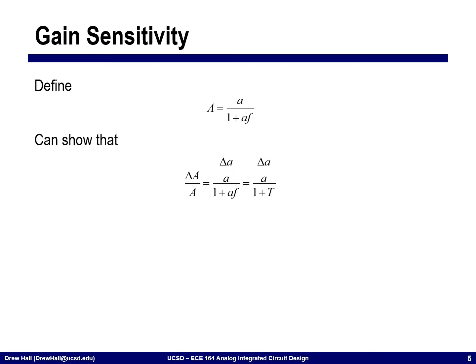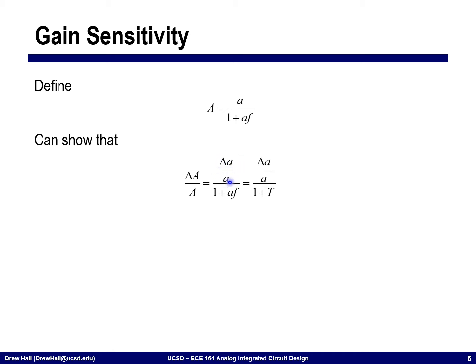All right, so to more formally show this, we can define a term that's known as gain sensitivity. We're going to show that the closed loop gain, and I'm going to represent the closed loop gain for this lecture as capital A, and the open loop gain or the forward path gain of the amplifier as lowercase a. And so we'll define the closed loop gain as A divided by 1 plus AF. And what we can show is that variation in this closed loop gain, that is delta A divided by A, is simply equal to